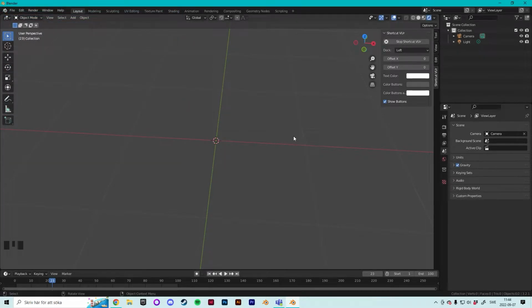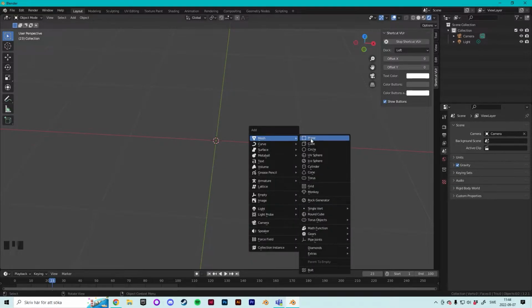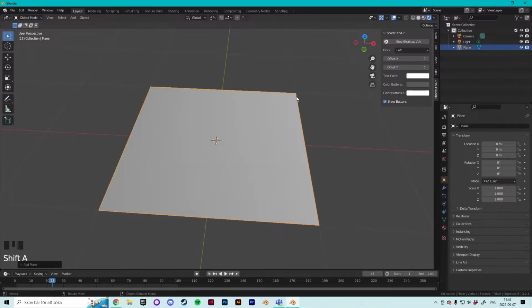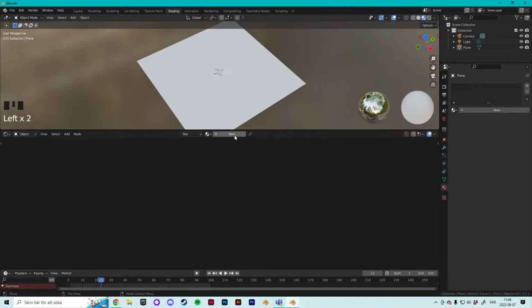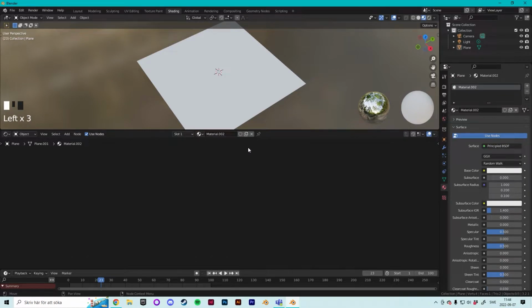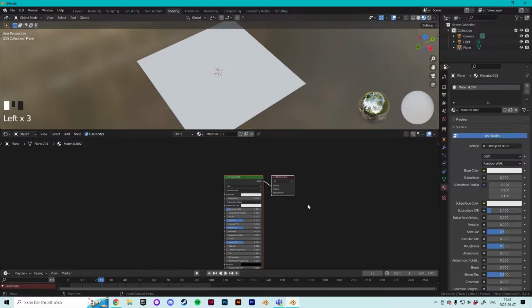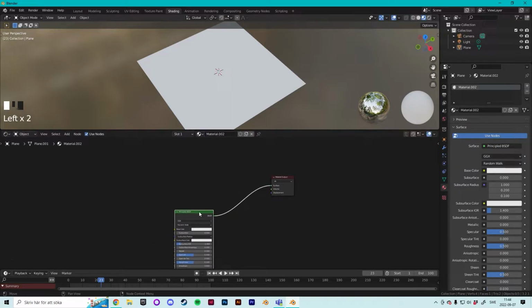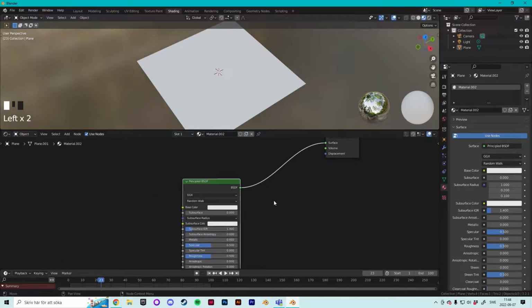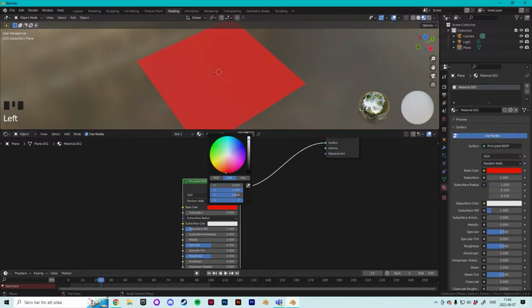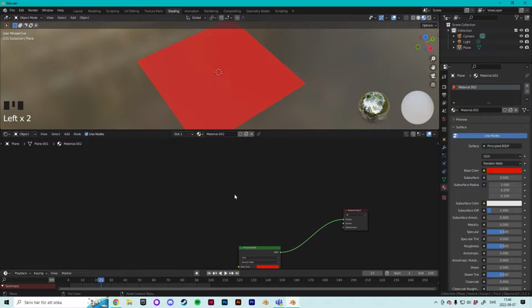Okay, great. Now we press Shift A and create a plane. Great. Then we go to the shading tab. And now we need to create a new material. So press New. We move to the material. We really don't need a principal BSDF, but we use it for now. So I want red rings, and then we need to create a wave texture,